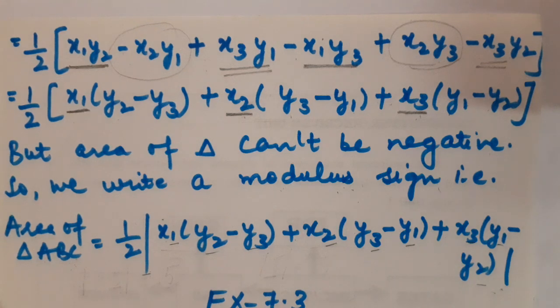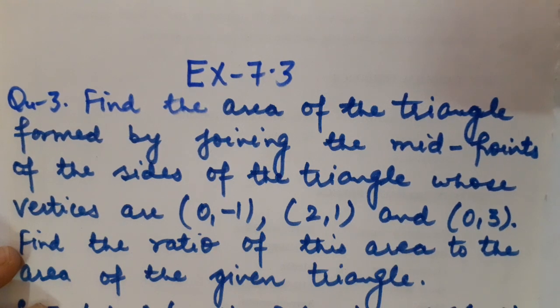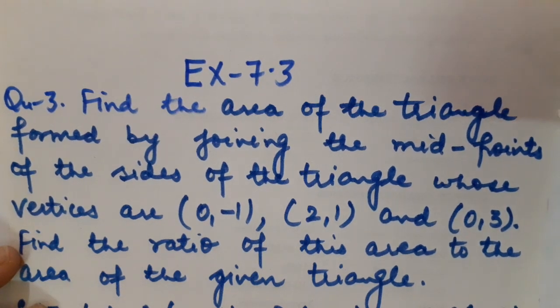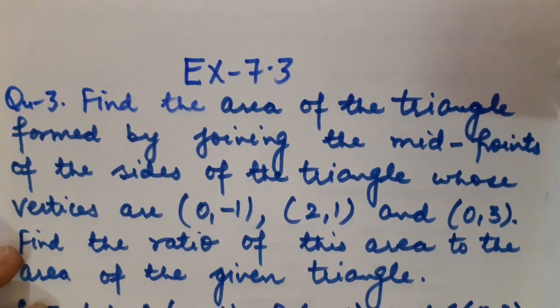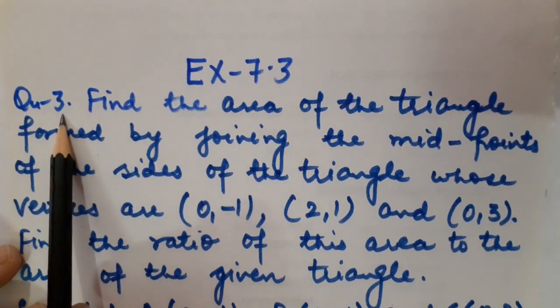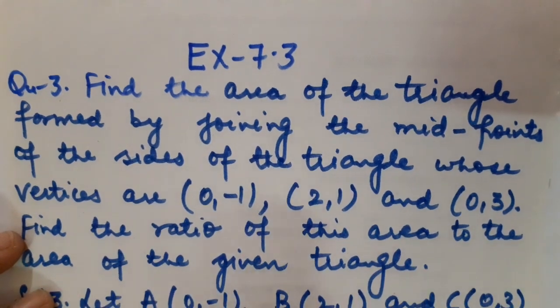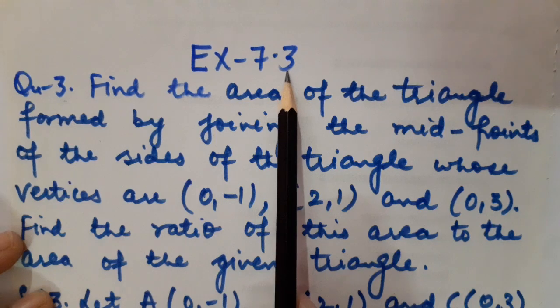Now let us do the problems based on it. Children, yesterday I explained to you the concept of collinearity also on the basis of area of triangle. Let us recall that also. As the points are collinear, definitely there will be no triangle formed. So the area of the triangle must be 0 in that case. Correct, students? Okay. Yesterday I gave you question number 3 to try. If you tried it, now you just check whether you have done it appropriately or not. So this is question number 3 from exercise 7.3.